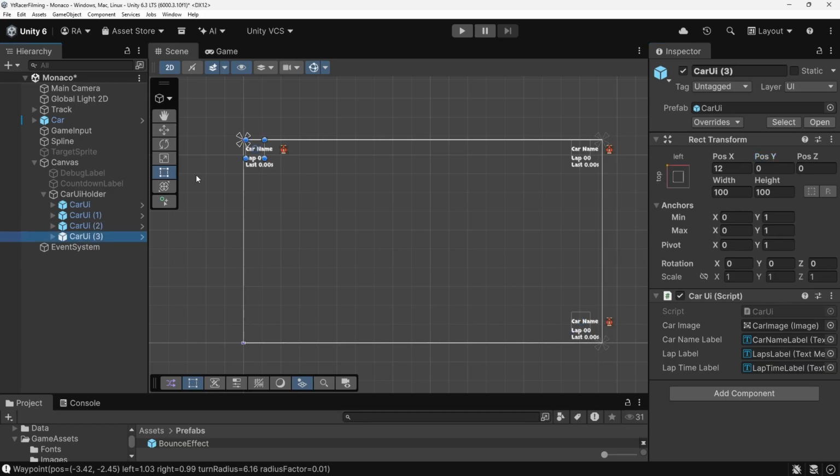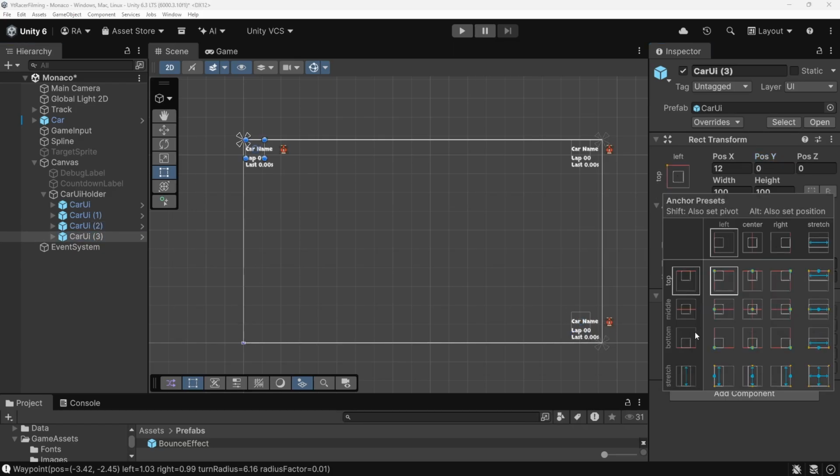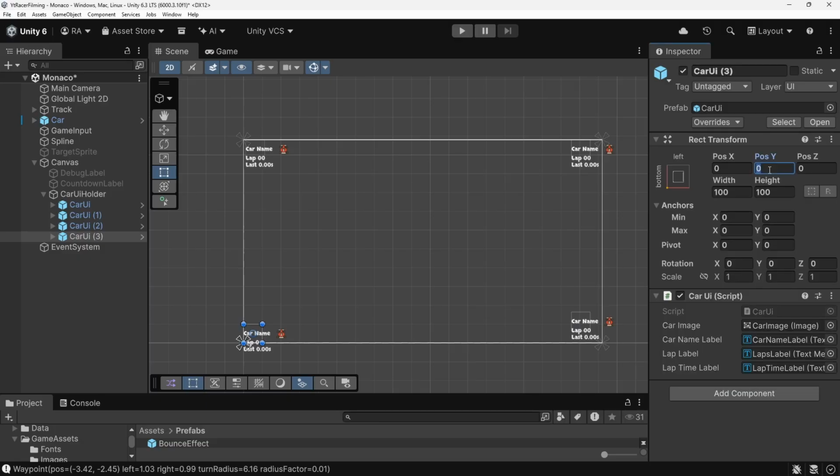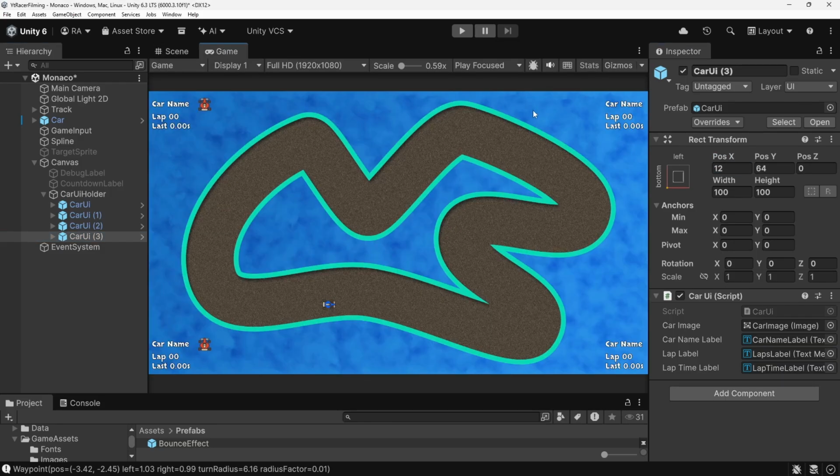And then finally, the last one here, we can click in here, do Shift and Alt again, bottom left. We know we want to go up 64 in the Y, and I can't remember how much I shifted the first one in, so it was just 12. Okay, so go into the last one here, and 12. There we go. So if we go to the game view, we should see now that we've got our 4